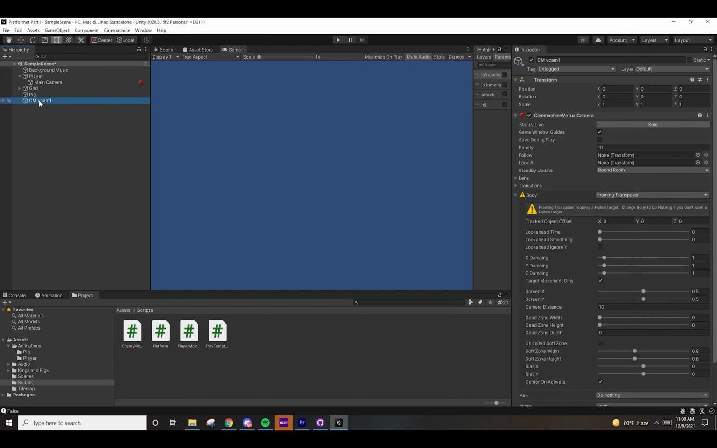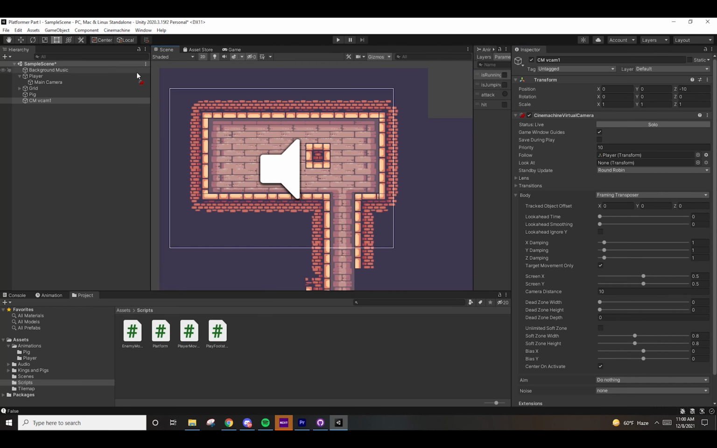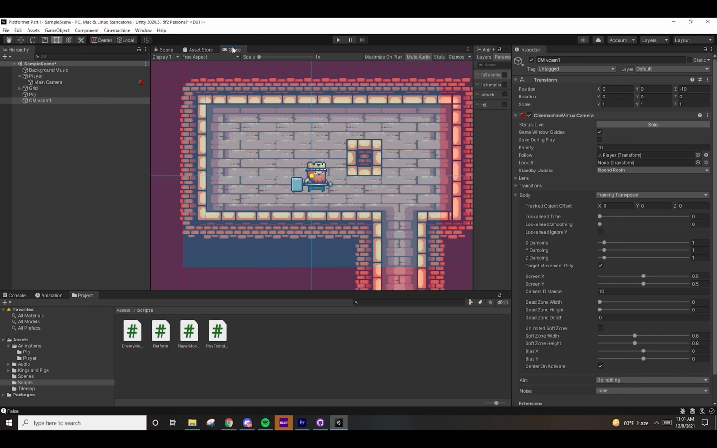And so let's click on the virtual camera right here. And then under follow, we can drag our player. So once we do this, you should see this overlay on the game view. You won't be able to see this on the scene view. So make sure you're on the game view. The first thing you'll notice is that we have a yellow dot at the center of the frame that's attached to the player. So if I click play,